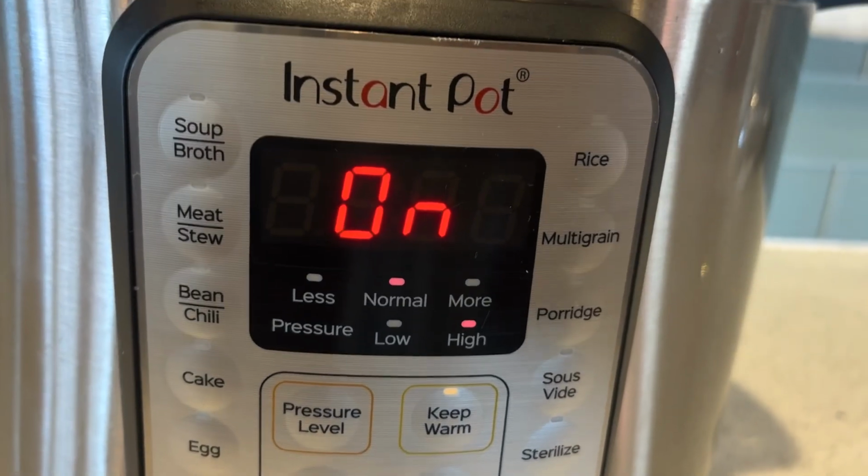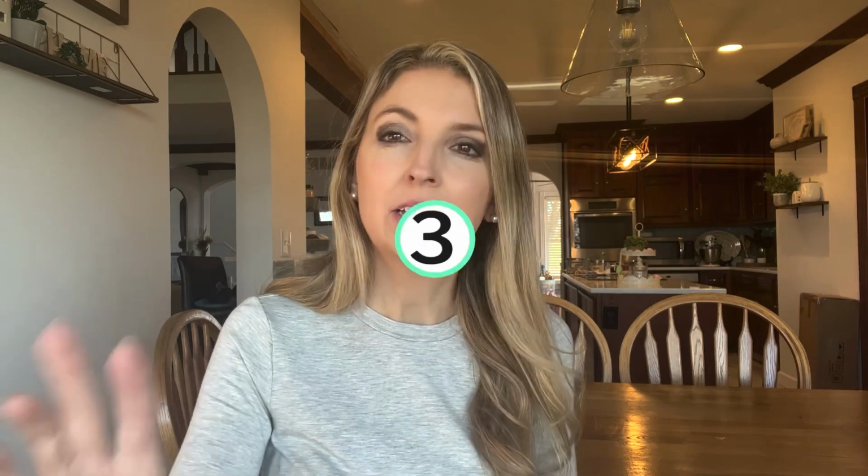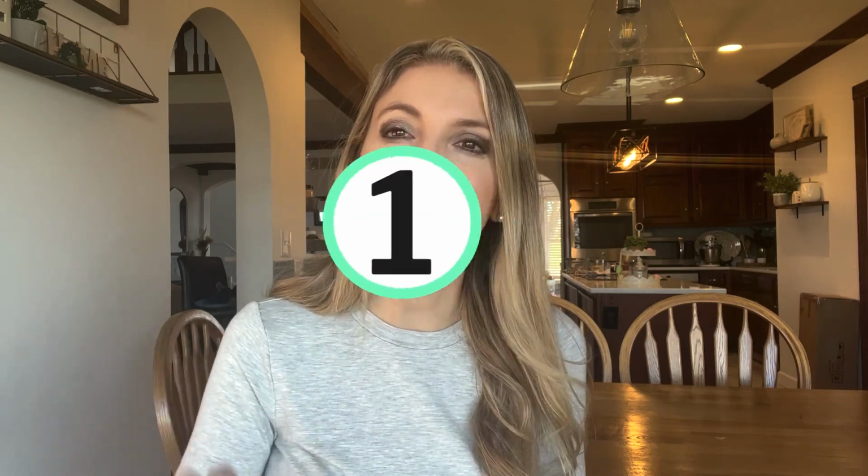Okay, so after you push pressure cook, the screen will light up and say on. This just means that it's ready to warm up and build up pressure. Now you might see some steam or a little bit of sputtering coming out as it's building up pressure, and that's completely normal. Once it comes to pressure, you won't see that anymore. You will then see the countdown from the minutes that you put in. So when we put in 3 minutes, it's going to start counting down 3, 2, 1 until it gets to